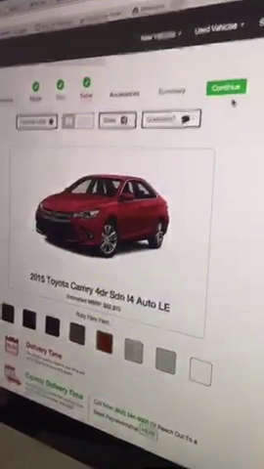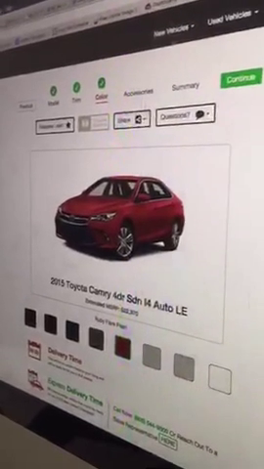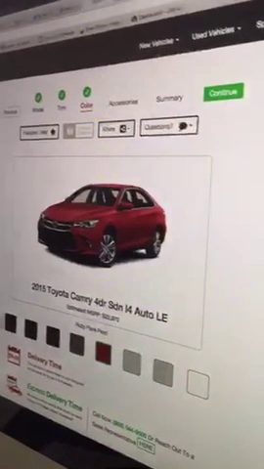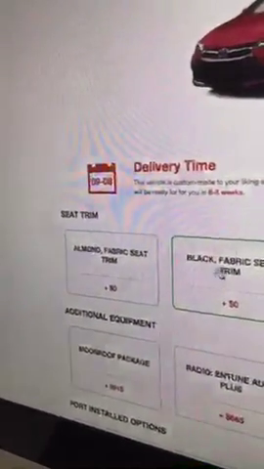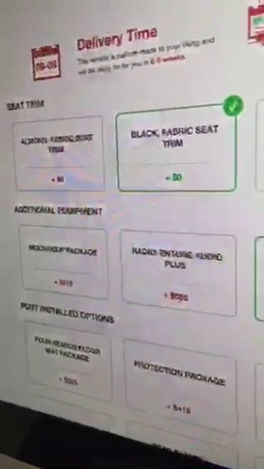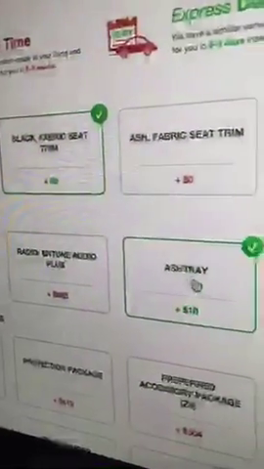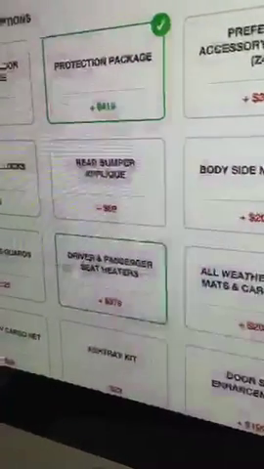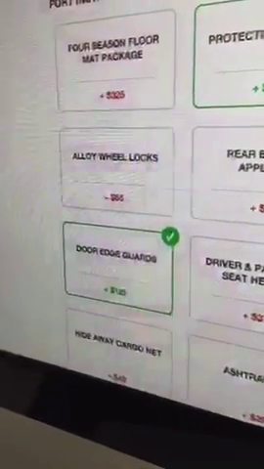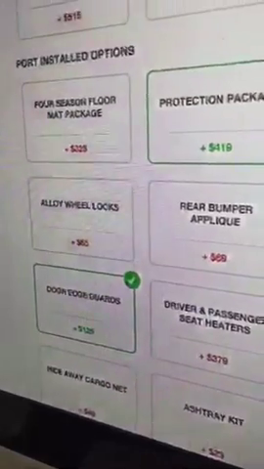So once they choose a color, Everett, and they love the color of the car, what is the next step in Build a Car 2.0? We'll pick the accessories, and you'll be able to pick the seat trim, say a little extra additional equipment package. That sounds good. Door edge guards, and